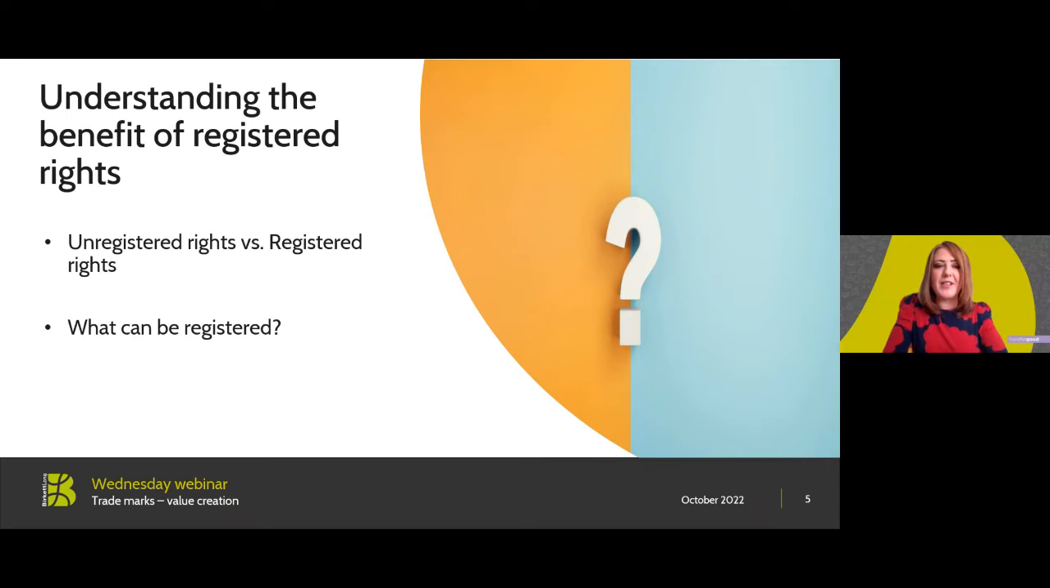So, understanding the benefit of registered rights. We can't very well talk about the benefit of registered rights or how you can exploit these to your financial gain without first discussing whether it's worthwhile to have a registered right in place and what the advantages of those are. The first bullet point, unregistered rights, gives you the clue that you can, in some cases, rely on unregistered rights depending on what type of IP we're talking about. But although relying on unregistered rights comes with an initial cost saving, so it can seem a bit more attractive to a business whose resources and finances are elsewhere,